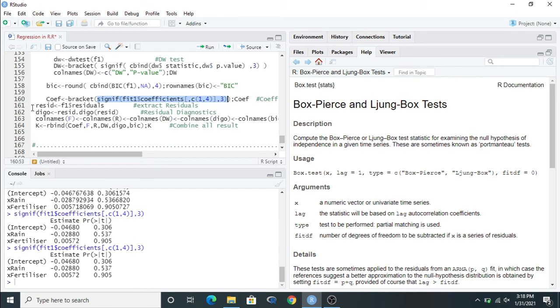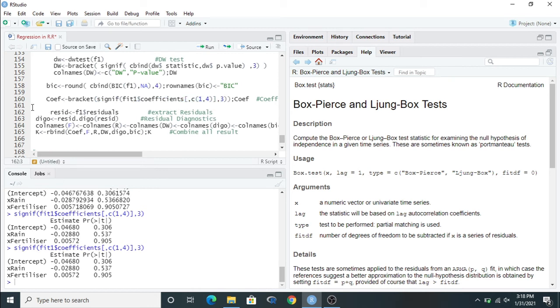Clear? After completing this, there is one remaining work, residual diagnosis. So how can we extract the residual diagnosis? Before that, we have to extract the residual first. How to extract the residual? Just use the same process: names of fit1, then enter.